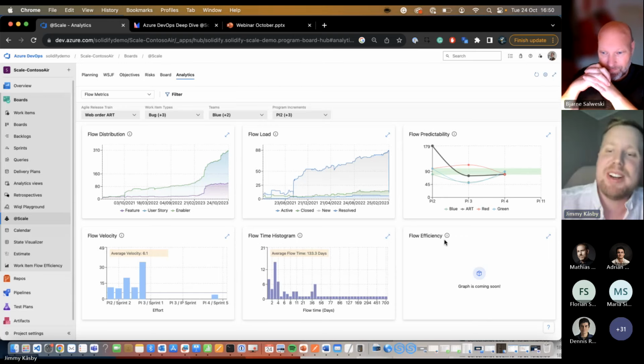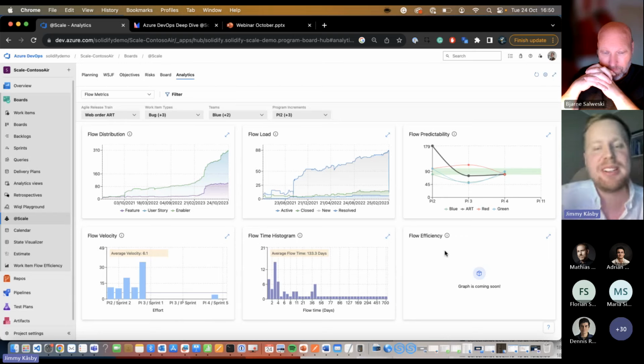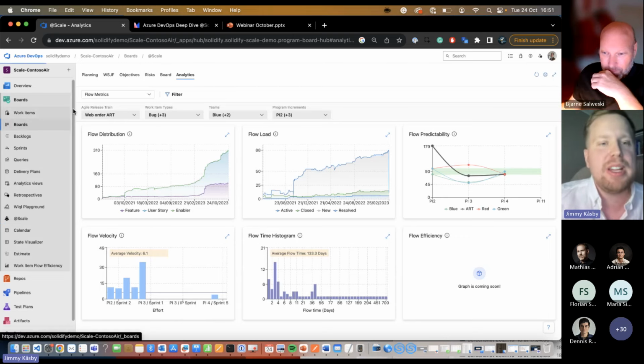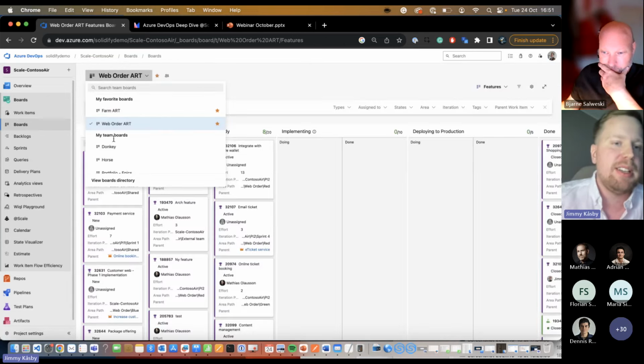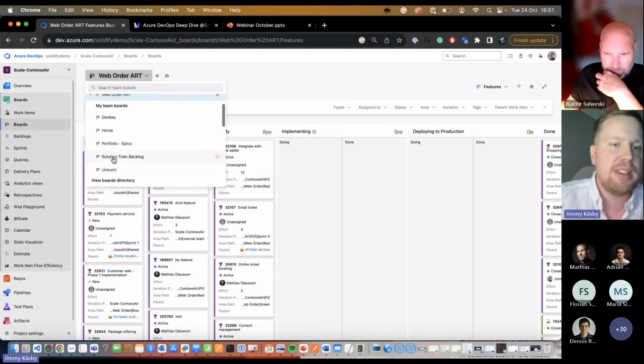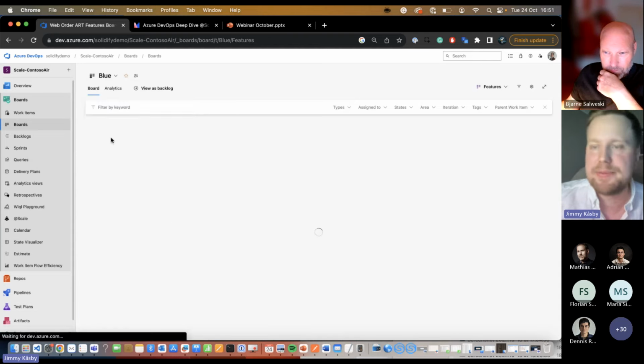And the last one here that I'm currently not showing is flow efficiency. And that is coming very, very shortly. It's been very tricky for our team, but it's coming. It's going to show how efficiently things are flowing through the system for your team. Like if I go for the blue team, it's going to be able to show you, if I find the blue team here,